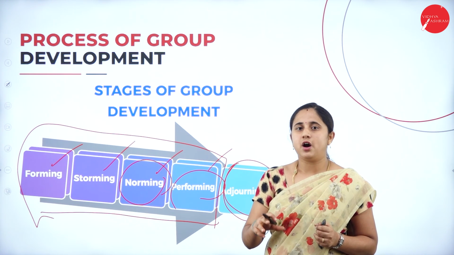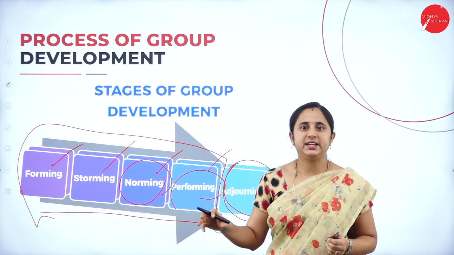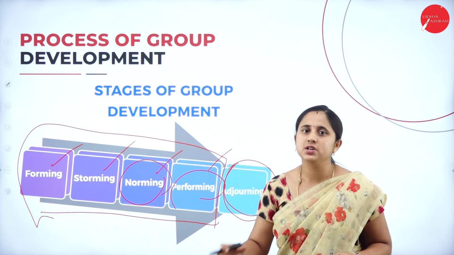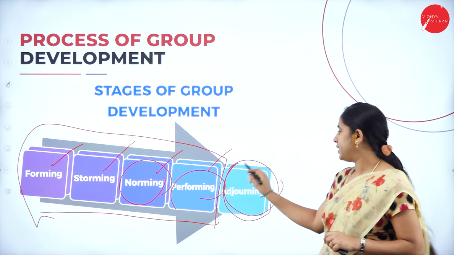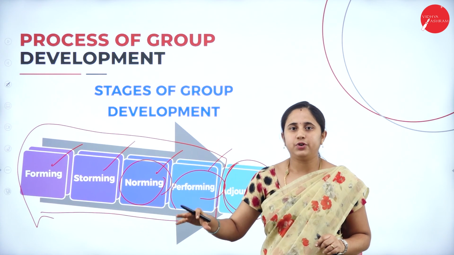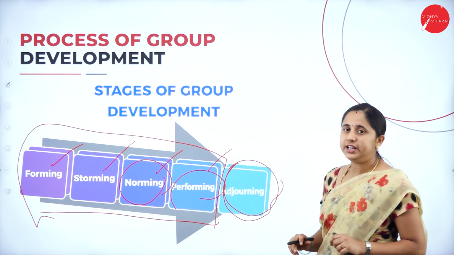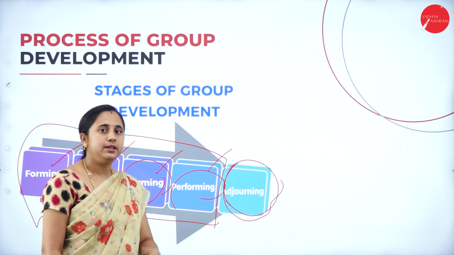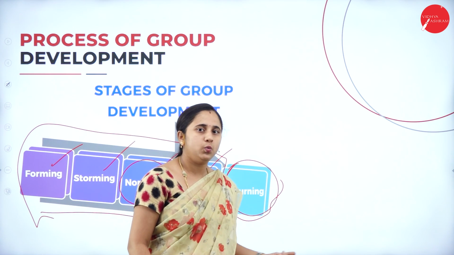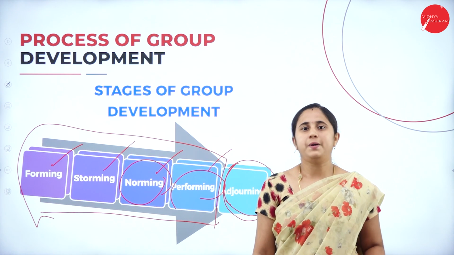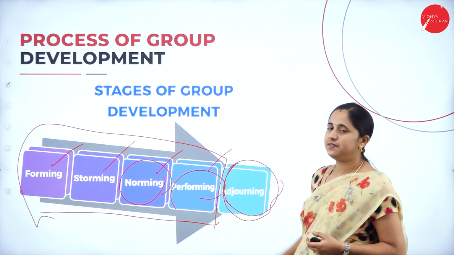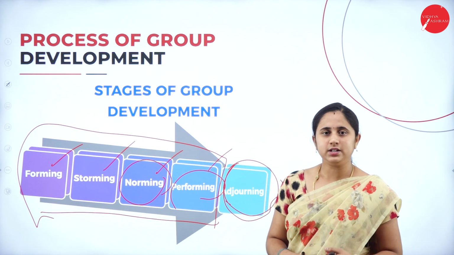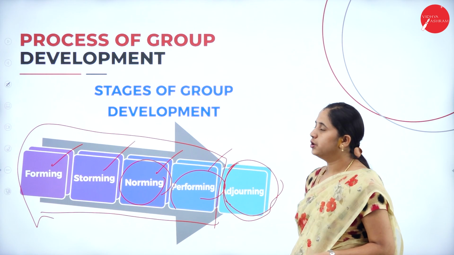If the group is formed in order to fulfill only one particular task or one particular goal, then after this task or assignment, the group can be dispersed, or adjourned. This step is only for that temporary group. Some group members may be happy with the adjourning process, while other members may not be happy. But the temporary group has to be adjourned after achieving the particular task or objective of that group. So these are all the stages of group development.